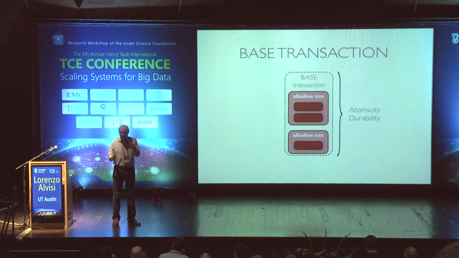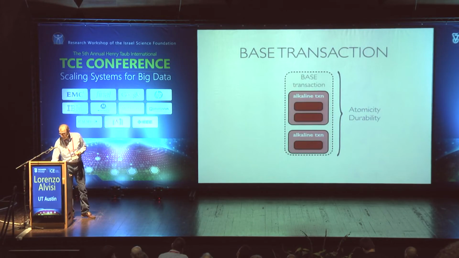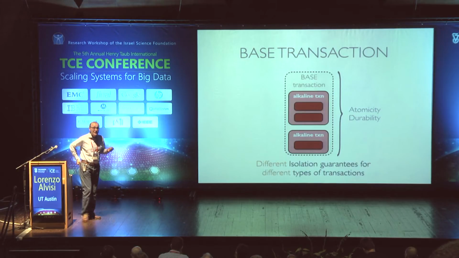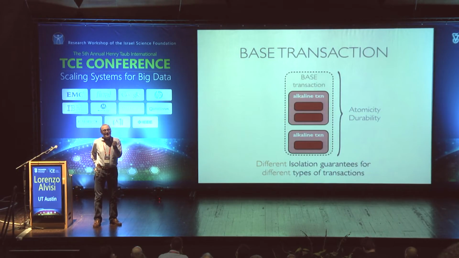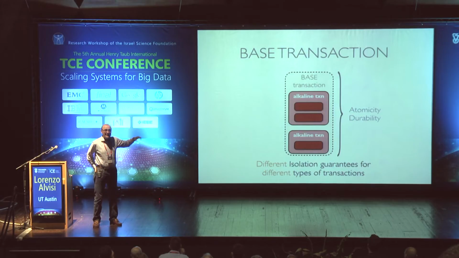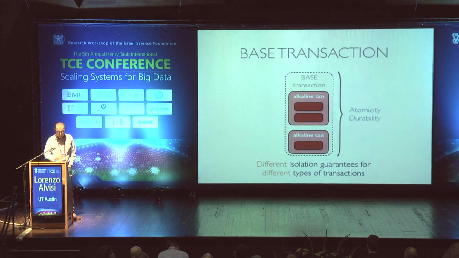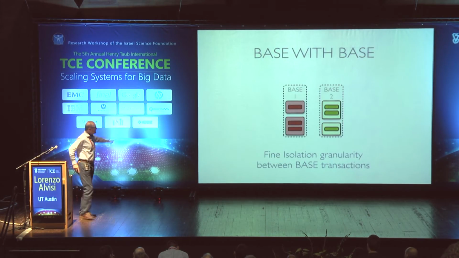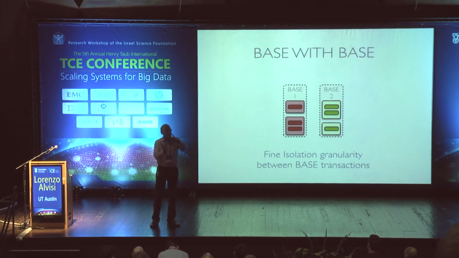So if I wanted to have the logic of atomicity maintained, I'm going to be able to achieve that. The other nice property is that it's going to support the ability to export different granularities of isolation selectively, so that the isolation that this BASE transaction is going to export is going to be different depending on which type of transactions it is interacting with. Let me try to go into a little more detail, but the intuition is fairly simple. If a BASE transaction, remember BASE transactions are what I'm producing once I take one of the performance critical transactions